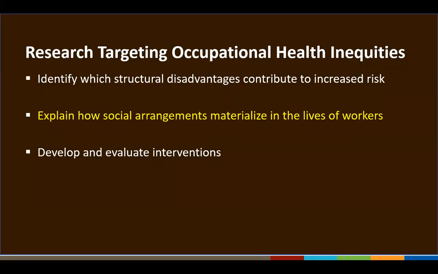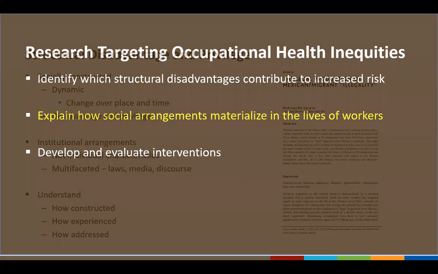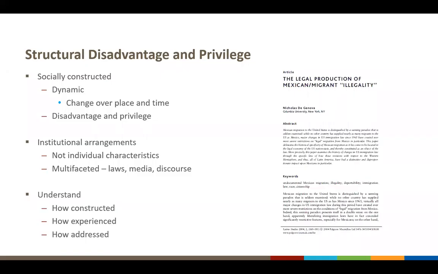Now, the second key area that we like to look at when we're talking about research that's targeting occupational health inequalities is research that tries to explain how social arrangements materialize in the lives of workers, right? And so if the epidemiology in the first one identifies who may be at increased risk and what factors may contribute to that increased risk, this section really is more your standard medical anthropology, for example, and